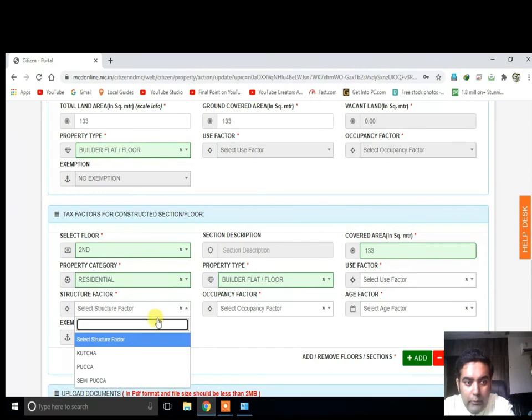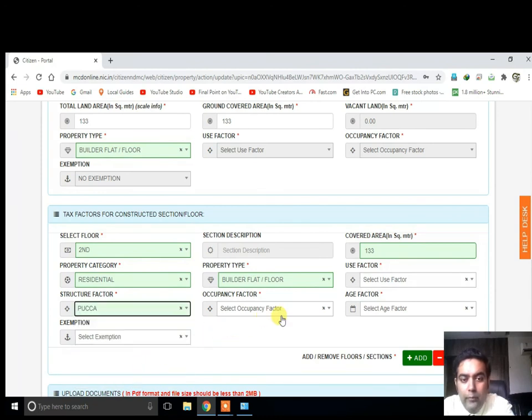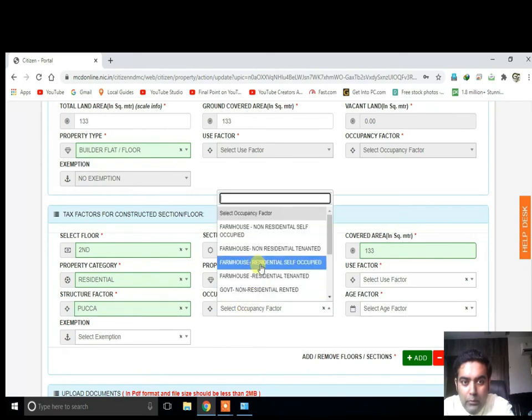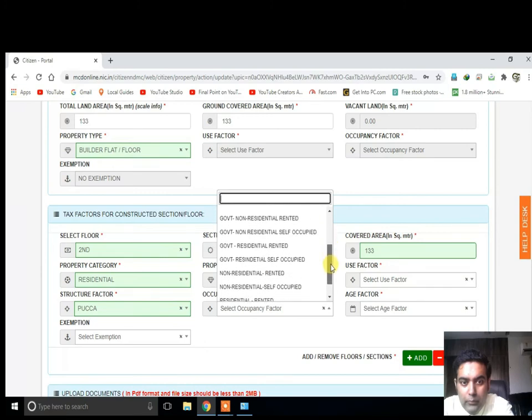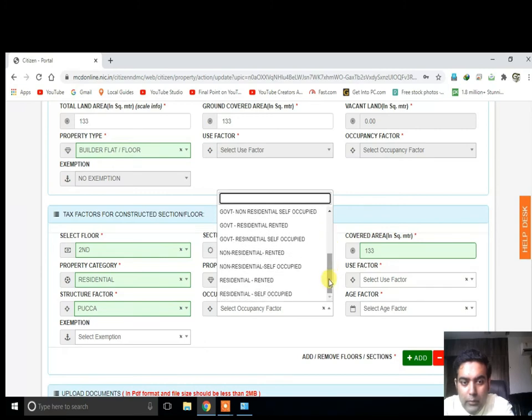Structure factor. Mostly the floors are pakka, so I'm selecting pakka. Occupancy factor: if you have rented your property, select residential rented. If you are occupying it yourself, select residential self occupied.